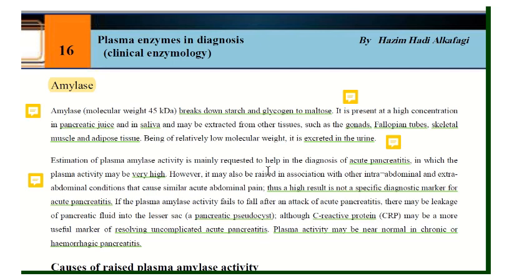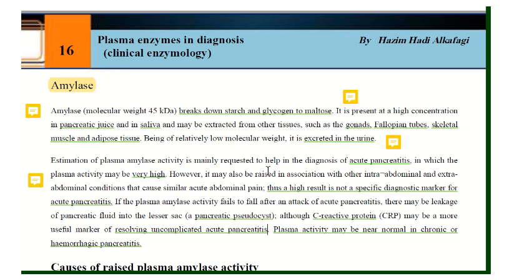إذن هسه عرفنا الأميليز هو شغلته شو يسوي breaks down الستارش الجلايكوجين to maltose وقلنا موجود بهاي concentrations بالبنكرياتيك جوز وبالسلايفة. وأيضا may be extracted from other tissues مثل الجونادز الفالوبيان tubes الskeletal muscle and adipose tissue والexcretion مالته في اليورين لكونه relatively low molecular weight. الكلينيكال يوز مالته قلنا في حالة acute pancreatitis mainly requested to help in the diagnosis of acute pancreatitis وبهاي الحالة البلازما activity ربما تكون very high ولكن قلنا أنه هو ربما أنه يزيد أيضا in association with other intra-abdominal or extra-abdominal conditions that cause similar acute abdominal pain ولهذا a high result is not a specific marker, diagnostic marker